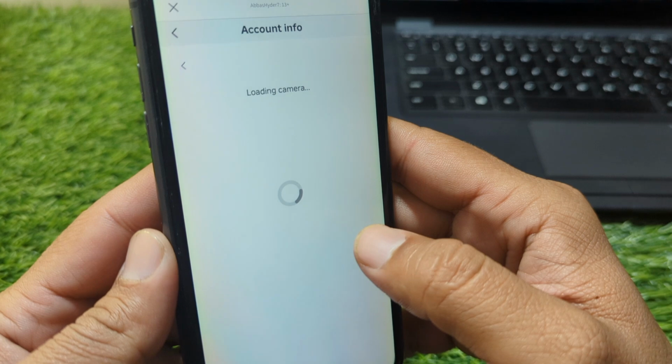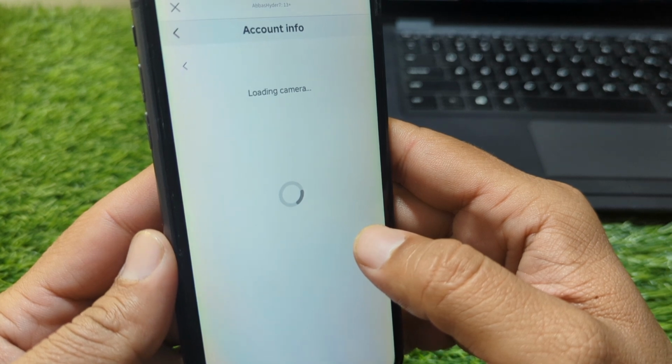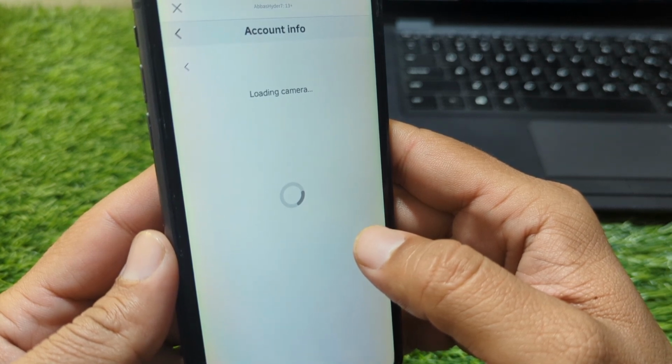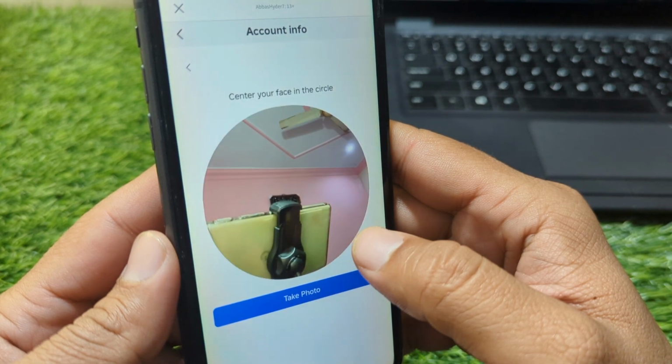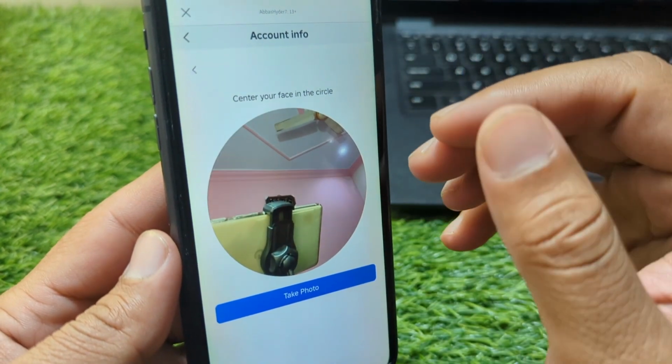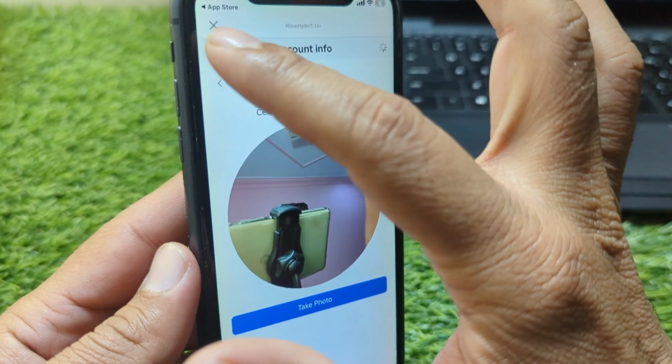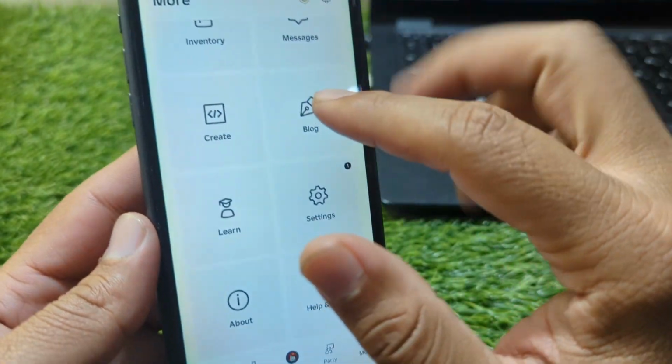So guys, wait here for some seconds. So guys, from here you have to simply verify your account, and after this go back and now go to